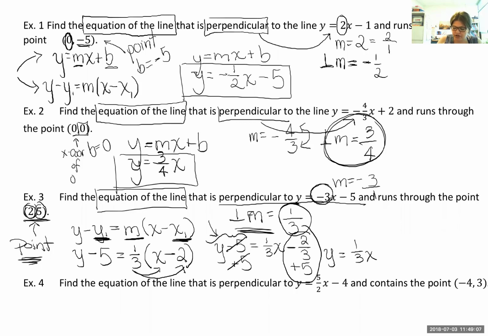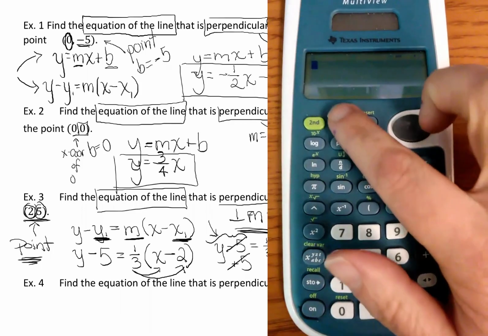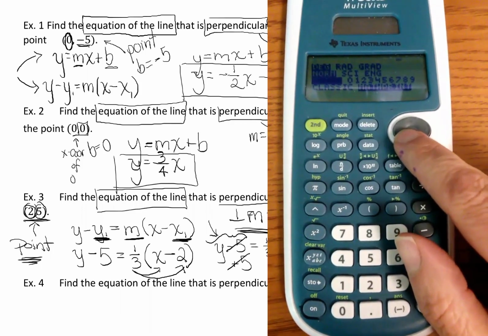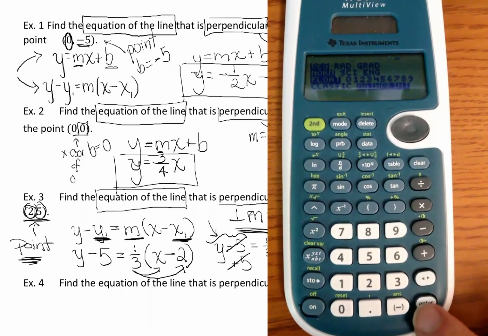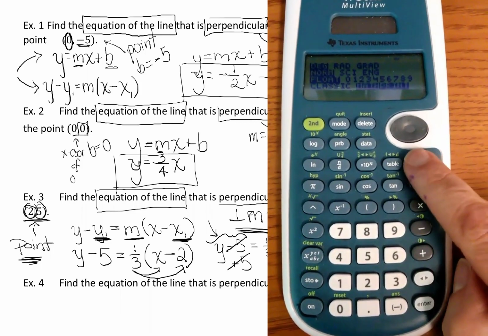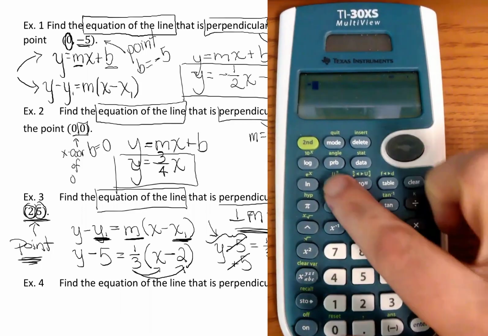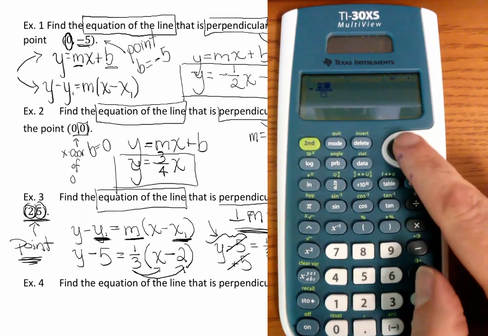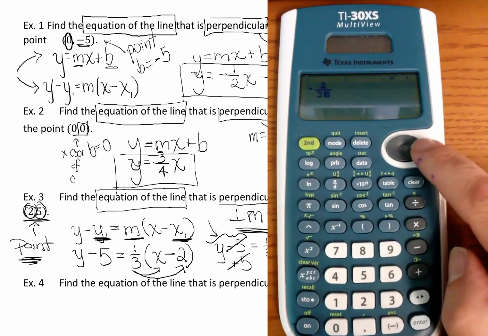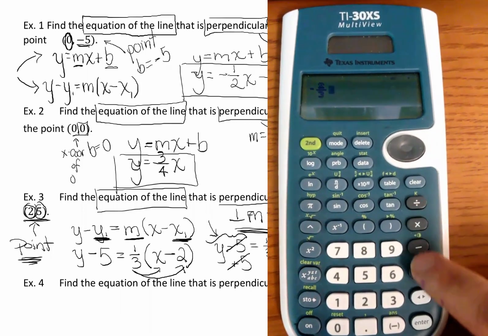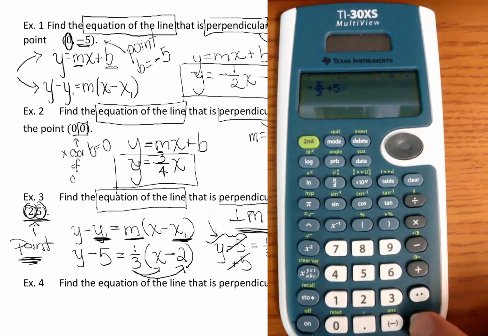So in order to do that, press your mode button. Arrow down using the down arrows and the right arrows until you're blinking over the words math print and press enter. That will select it. Now to get out of that mode screen, you'll need to press clear. Great. Now I'm in math print mode so I can be sure that my calculator will look nice as I try to do these fractions. So first I will type in -2/3. So negative, n over d button, 2 on the top, arrow down to the bottom, 3. Now make sure you get out of your fraction by pressing the right button before you press +5. And I see that I get this fraction